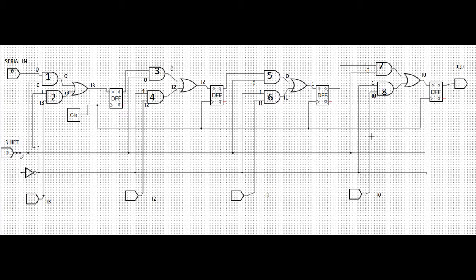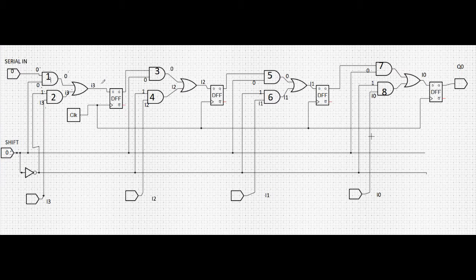as I3, because both the inputs of the AND gate 1 are 0 and 0, so the output of this AND gate will be 0, and the input of this AND gate 2 is 1 and I3, so the output of this AND gate 2 will be I3, which results in the overall output of this OR gate to